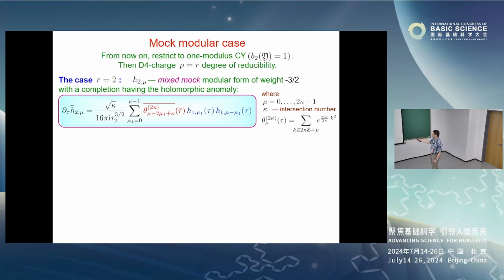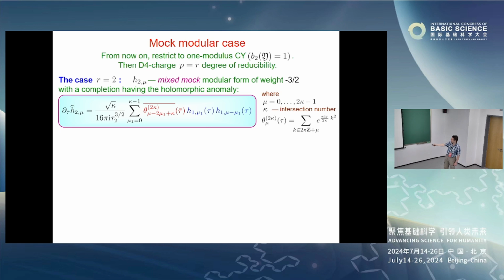So the depth is equal to 1, the weight is equal to -3/2, and its completion must satisfy this very simple holomorphic anomaly equation. So how is it written? Well, you see the two factors of h1, just because the only decomposition of 2 is 1 plus 1. And instead of our coefficient r, what appears here is essentially the derivative with respect to tau bar of that coefficient r. In this case, it is just this simple theta series labeled by the parameter kappa, which is